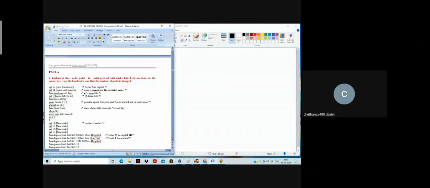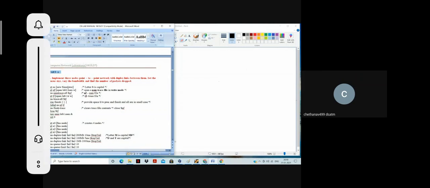The program is available here. I think we can make out here the part A with the computer network laboratory with the subject code 18CSL57. Okay, the first lab program is we have to implement three nodes point to point network with duplex